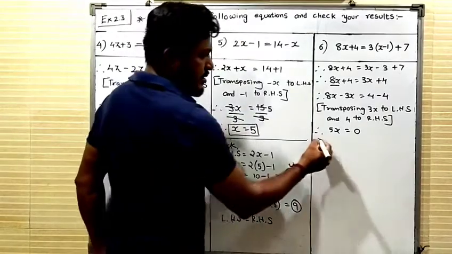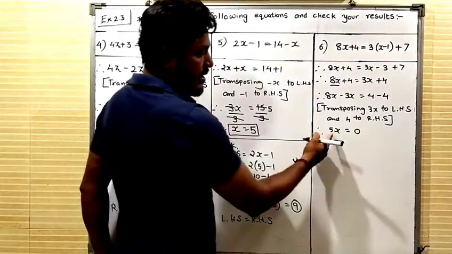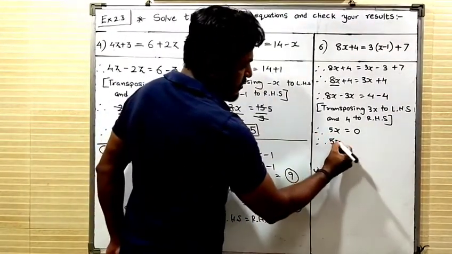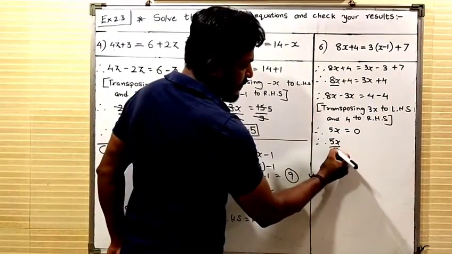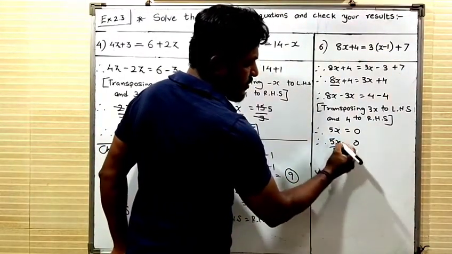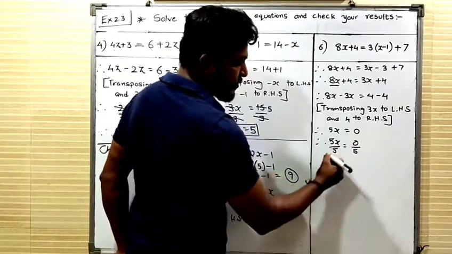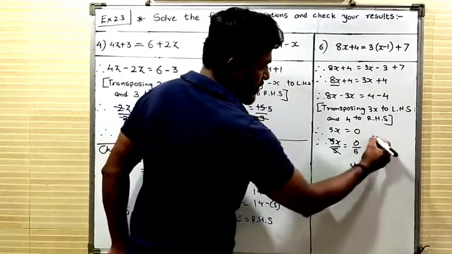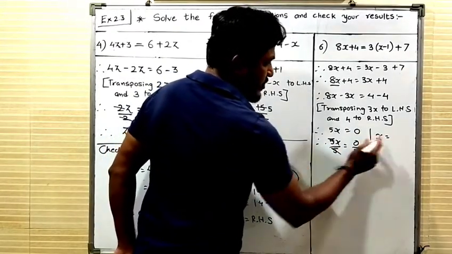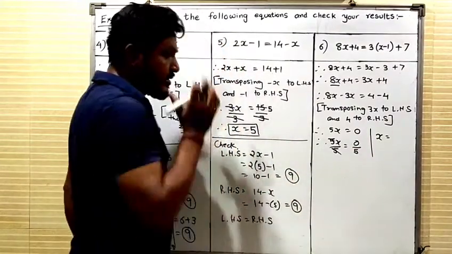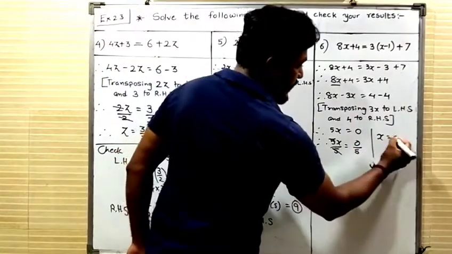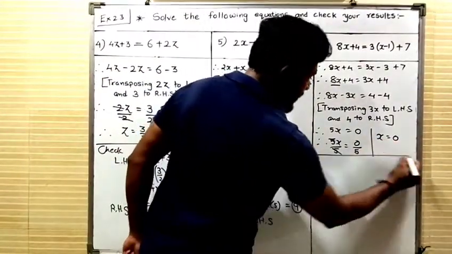Now dear student, as I told you, you need to eliminate this value. So you have to divide this value by 5. Whatever value I am taking toward my left, same value you have to take toward your right. 5 and 5 get cancelled. So value of x, 0 divided by 5. Any number divided with 0 gives the same value. Here I am getting the value of x as 0.